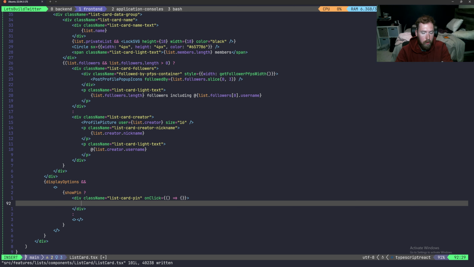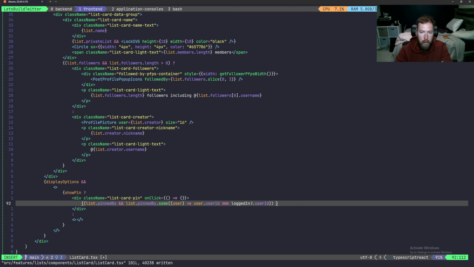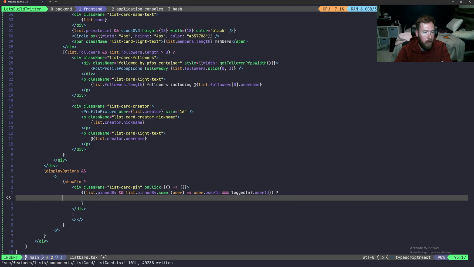Then in here, we're gonna go ahead and have another set of this, and we're gonna say list.pinnedBy.sum, and we're going to pass in user, and this is kind of ugly, but it's what it is. user.userID is equal to loggedIn?.userID. Okay, then we're going to go ahead and say question mark. So if it's pinned by us, we want to go ahead and have a